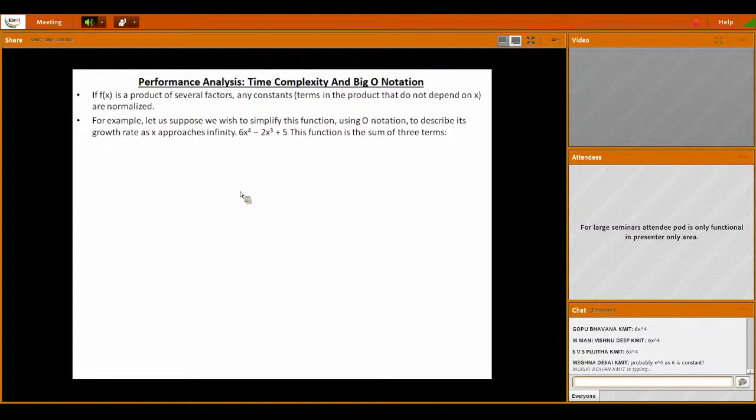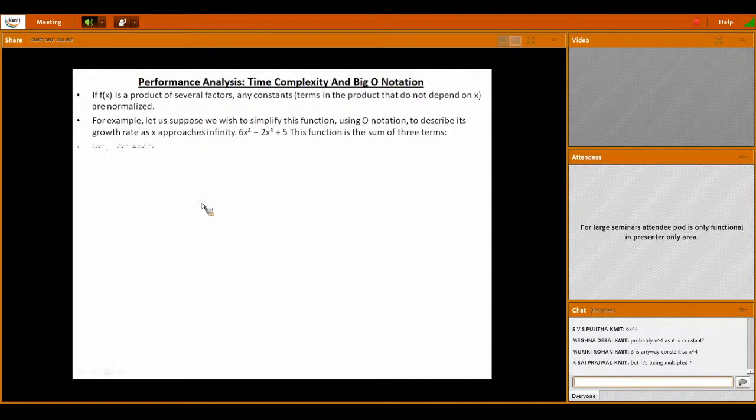Oh, good. Fine. That's the way the debate should go. I said it, I stand by it, and I can justify it. That's what Meghana is trying to say: that 6 is a constant. So 6 is not affecting my x to the power of 4. X changes, while 6 is going to remain constant. So 6 is the basic factor. That's what Meghana is probably trying to say.